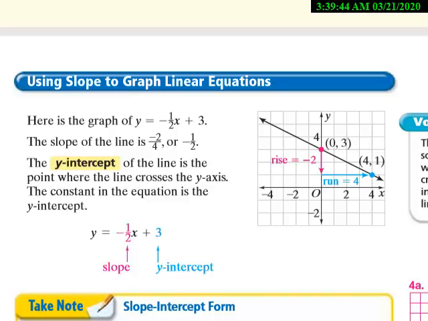So again, I'm going to go down 1 unit and then run to the right 2 units. This will be the second point to graph the line. But here in the book, the author converted -1/2 to -2/4,